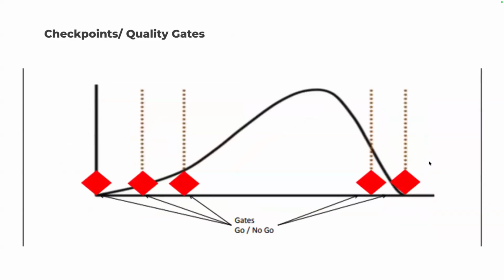Again, the importance of the stages and the gates. With each of the stages, we have stage gates, or go, no go, checkpoints, whatever you want to call them. At those moments is when we look at what we said we were going to do against what we have actually done to ensure that we are still on the right path. It's very, very important that we're able to maintain that we're moving in the right direction.